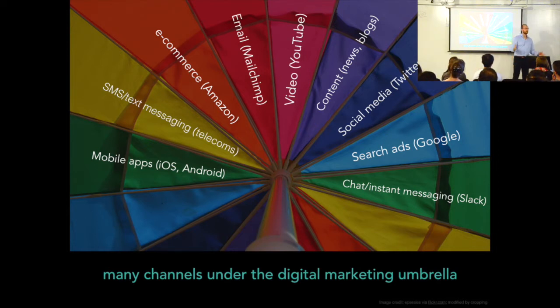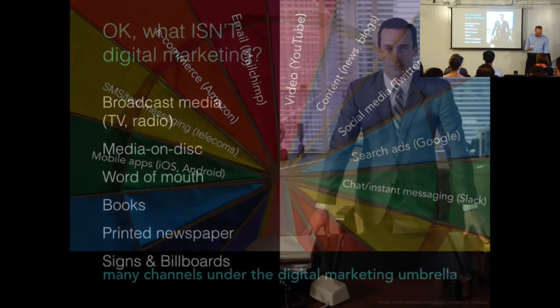E-commerce, things that you have bought in the past, where maybe you want to recommend things to buy in the future. Email, where you want to do an email marketing campaign to attract users and figure out what your user base is doing. Video, like things for YouTube. Content, so websites and social media: Twitter, Facebook, Instagram, Snapchat, etc. Search ads, which is probably what a lot of people think of when they think of digital marketing, one of the big channels under the umbrella. And other things, like Slack, which I also think is pretty cool, with a different kind of user interaction. So these are all channels.